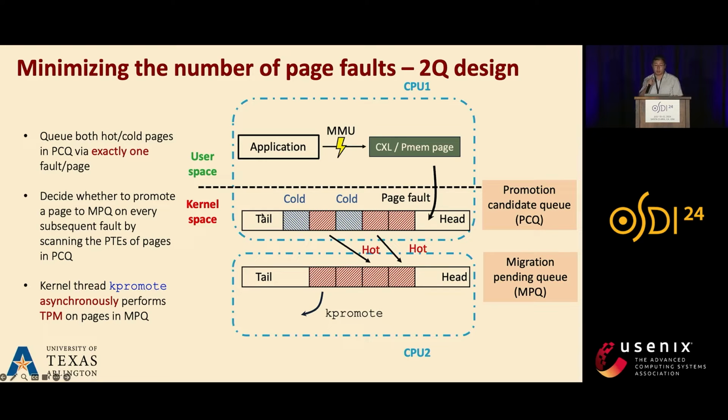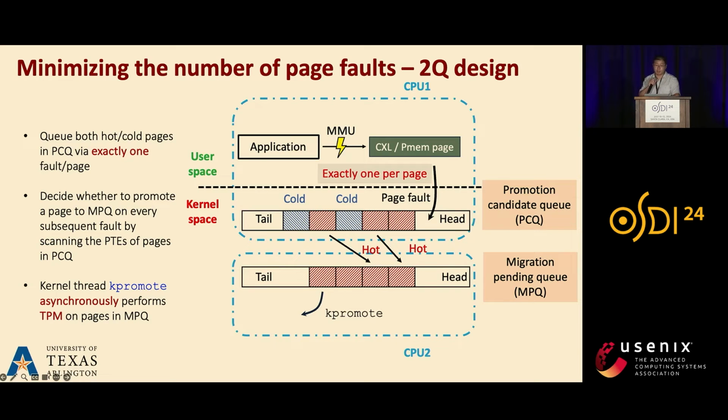Although transactional page migration takes page copying off the critical path of program execution, it still relies on frequent page faults, up to 15 faults per page, to promote a page from the slow memory to fast memory. Please refer to our paper for more details about the limitations of memory access tracking in Linux. Nomad makes a migration decision for each page accessed from slow memory via trapping to minor page faults. Unlike TPP, which only promotes a page residing on the active LRU list, Nomad queues any accessed pages, whether cold or hot, to a promotion candidate queue using exactly one page fault per page.